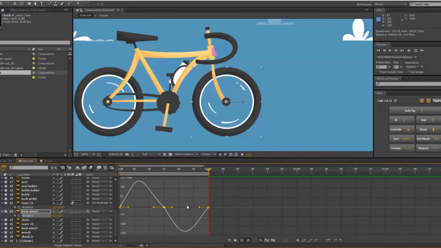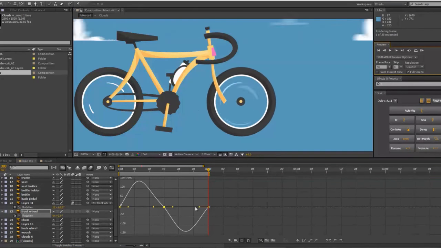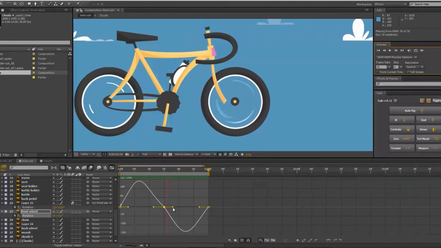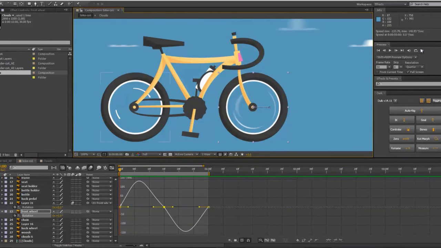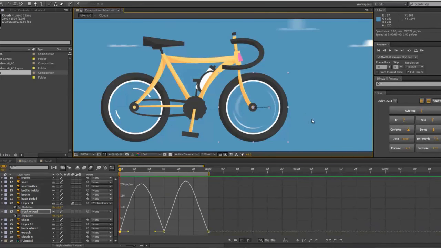Like if you see a tire spinning really fast and it ends up spinning so fast it looks like it's spinning backwards, it's that sort of effect. So like when you played that, it just sort of spins forwards and back and forwards and back and forwards and back. I ended up doing the exact same thing for the back tire,